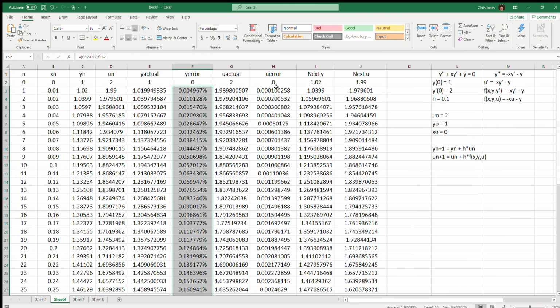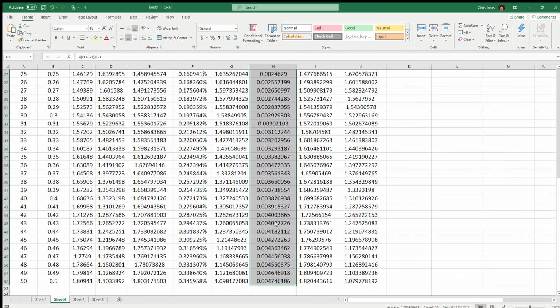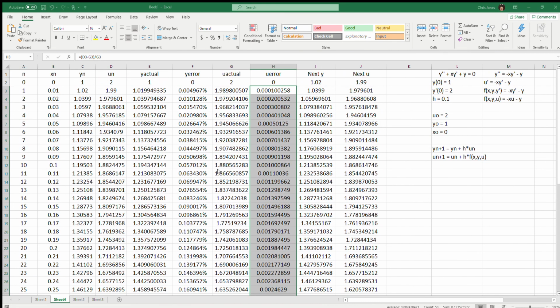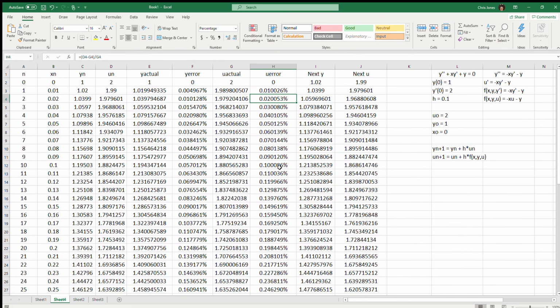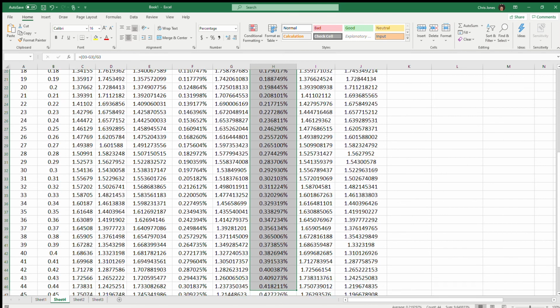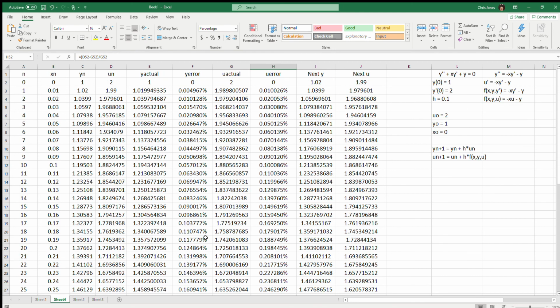And again, we just changed the step size. Let me change this one just to show you what's going to happen. We're going to format the cell, change it to a percentage, and I'll bump that up to 6 decimal places. Notice the percentage is very small. We're less than 1% error. And of course, very easily we could just make the step size 0.0001 if we wanted to, and make the